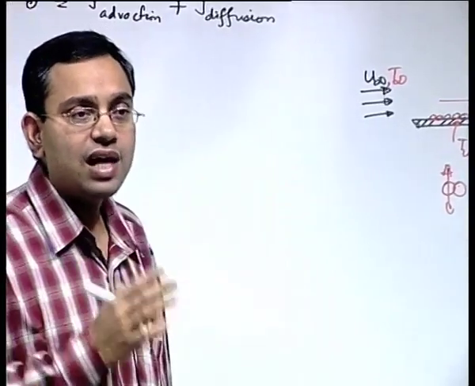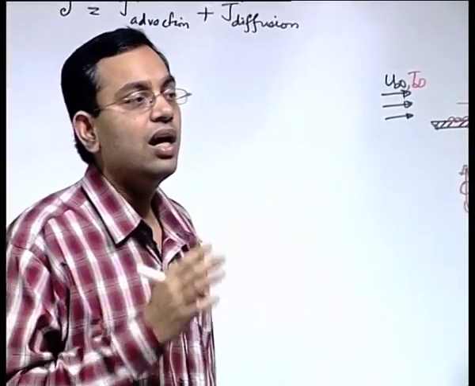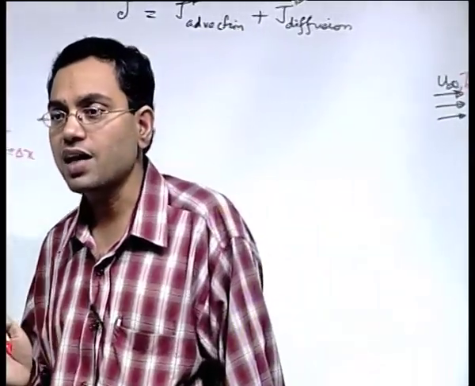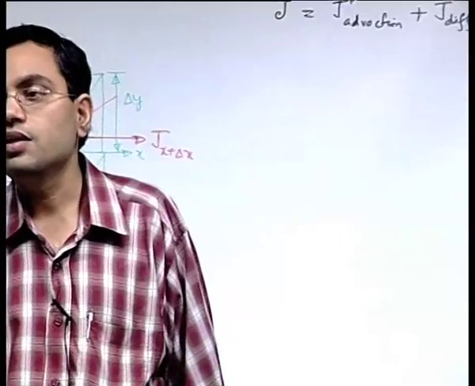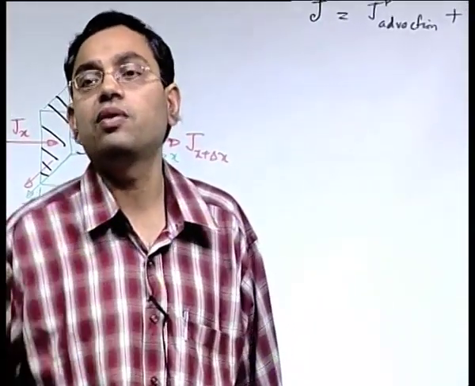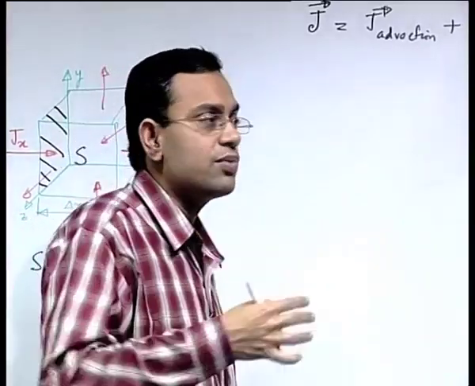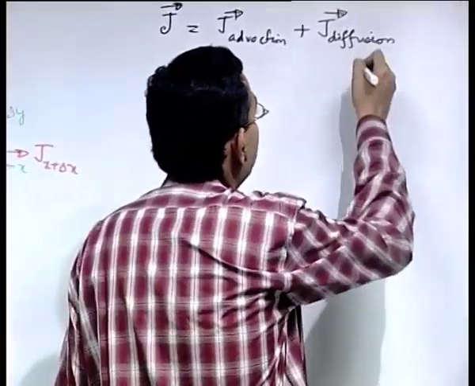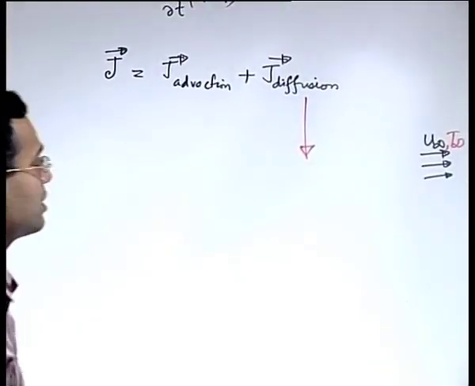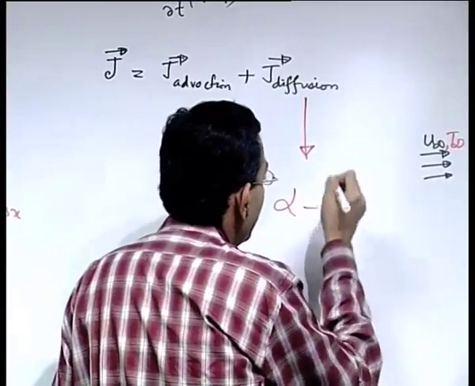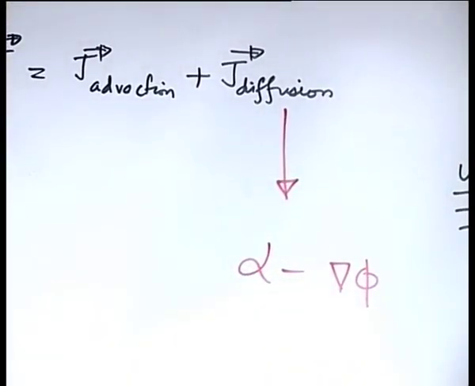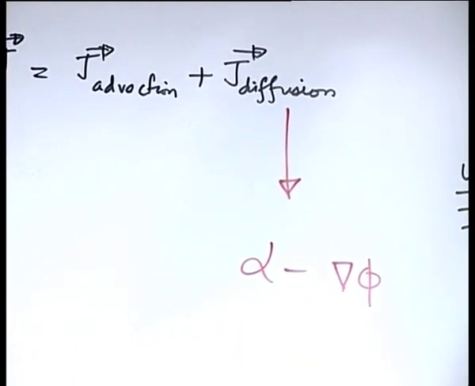The corresponding fluxes are related to the negative of the gradient of the corresponding variables, just like the heat flux is proportional to the gradient of the temperature. The momentum flux is proportional to the gradient of the velocity. In this way, if you generalize that as a diffusion flux, the diffusion flux is proportional to the negative of the gradient of the variable that we are considering to be transported.